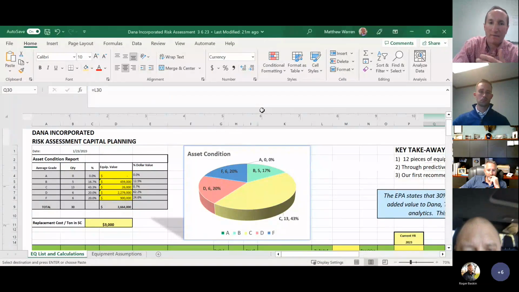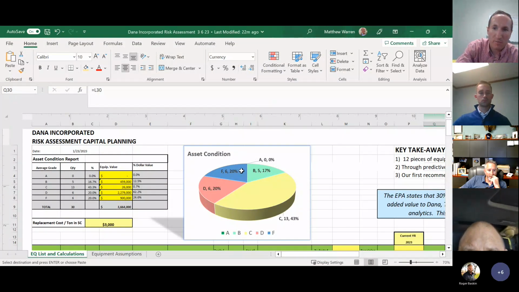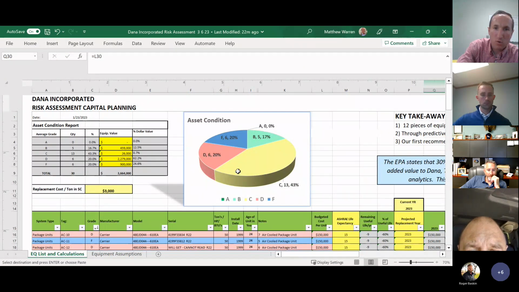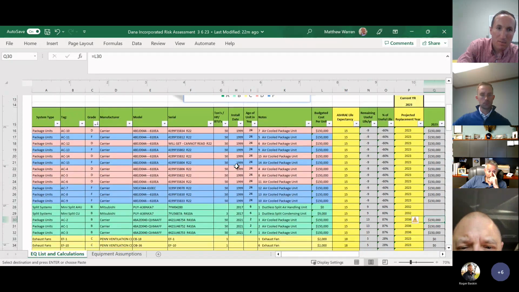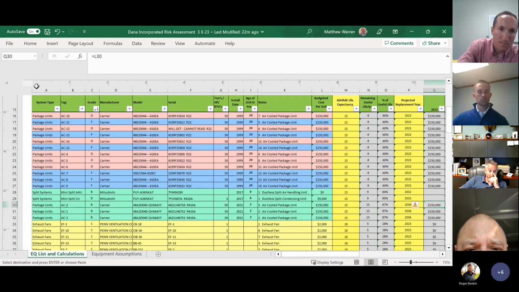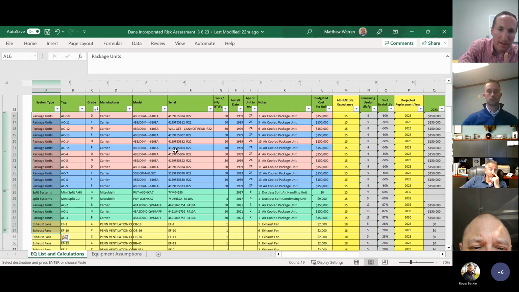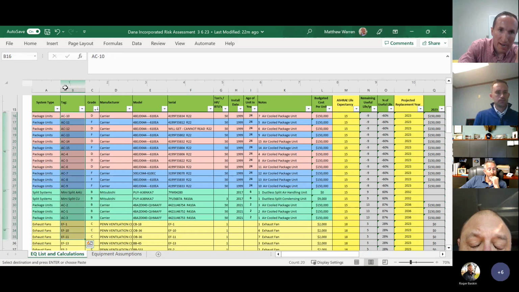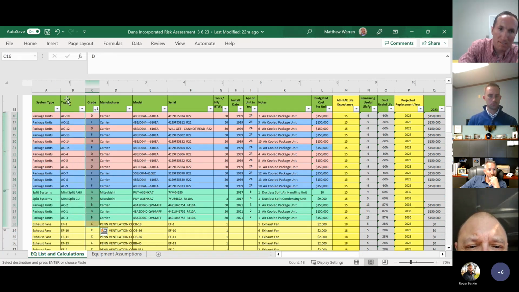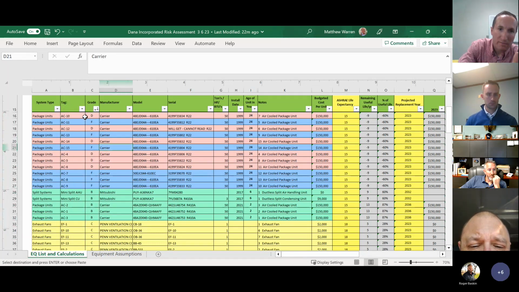All right, so this is, I emailed you guys this right before the meeting for you to look at. I'm going to try to show you why I chose this one. But see that column that said package units? This is the whole column. So I would just go to that other sheet and paste it all the way down. The tag number, I paste all those down. The grade, we're given pieces A through F, A, B, C, D, or F. And I could go over that some more, if we need to. But manufacturer, model number, serial number, the tonnage,